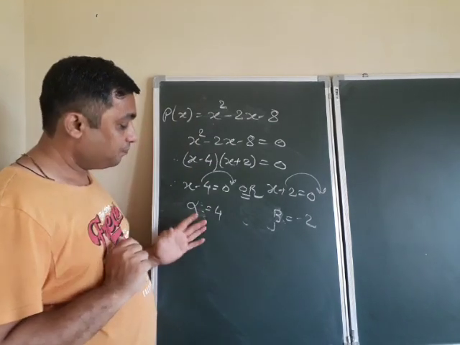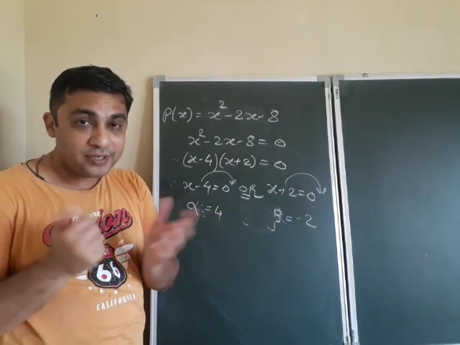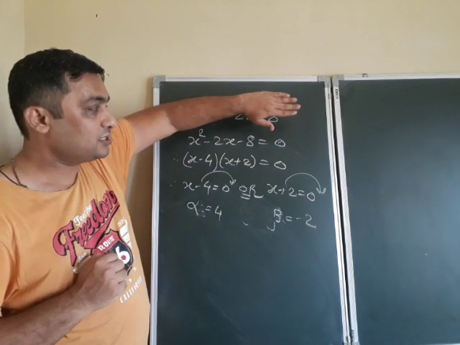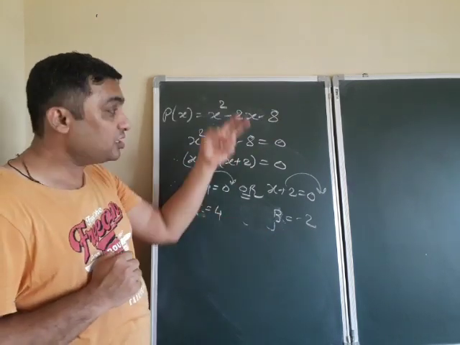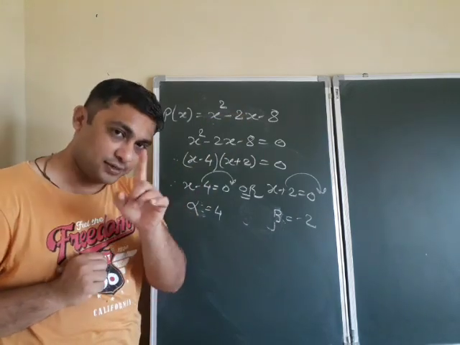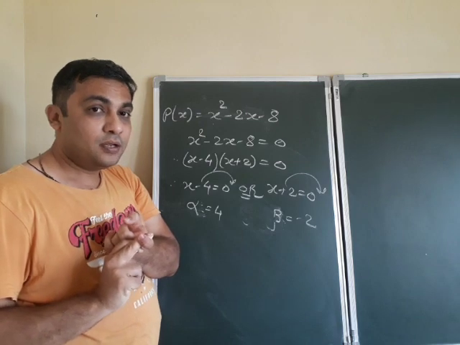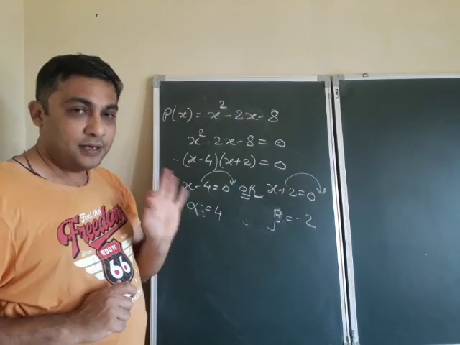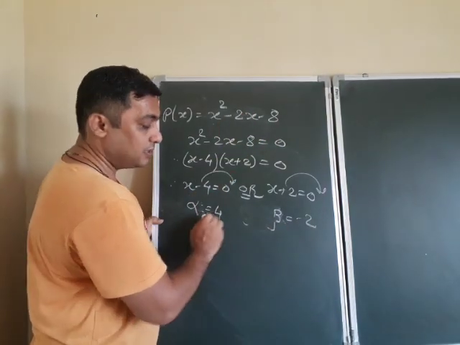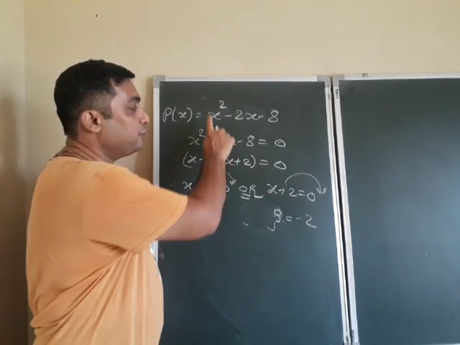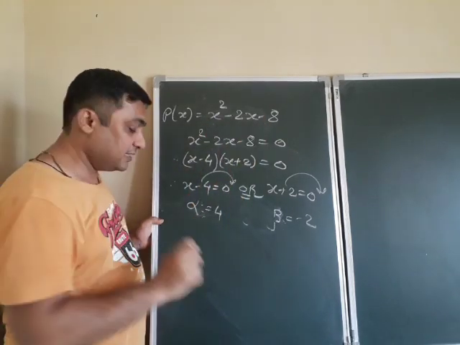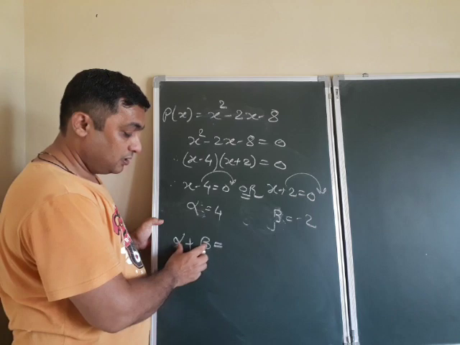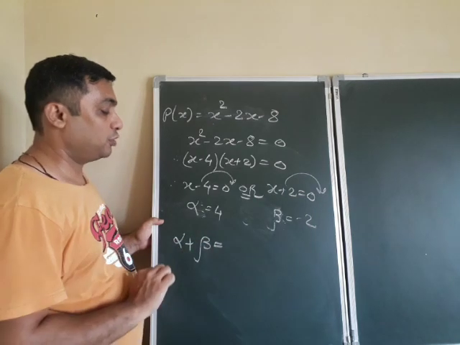Means the polynomial. These are the roots, but the roots of which polynomial equation? You know that these are the roots of x square minus 2x minus 8. But if this is not given, then from these roots, how can you generate the polynomial? That is the question. In the last lectures, we studied the relationships between these roots and the coefficients. Am I right? Now, the roots have no direct relationship with the coefficients, but there are relationships between the summation of the two roots and the product of the two roots.